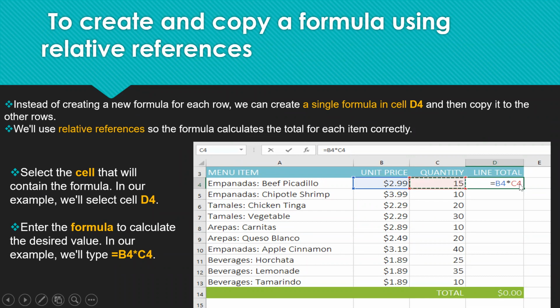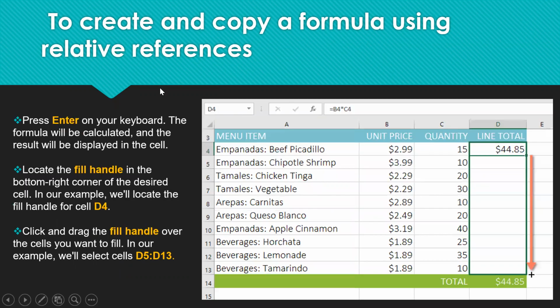All you have to do is copy the formula to all other rows using the fill handle option. Excel will automatically fill in the relative references, so that the appropriate value is calculated for each of the records. Okay, so this is called a relative reference.